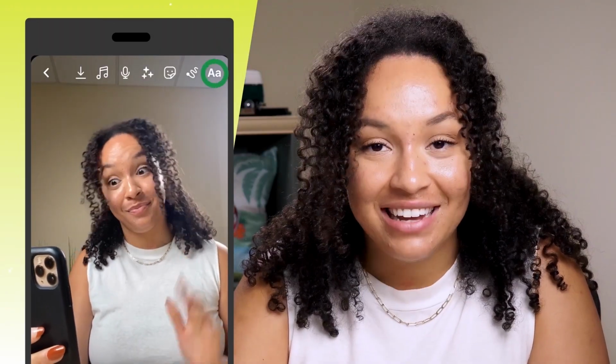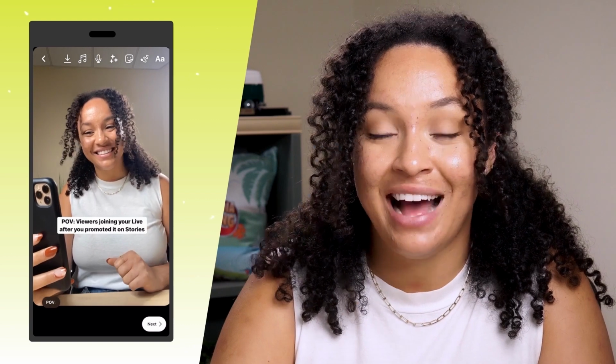Next is editing your Instagram reel by tapping preview. On this screen, you can add text, so I'm writing my text to give context to this specific trend, and I'm making sure that it's in the center of my screen. As you can see, there's those boundaries and guidelines to ensure that people can actually see your text when you publish your reel.